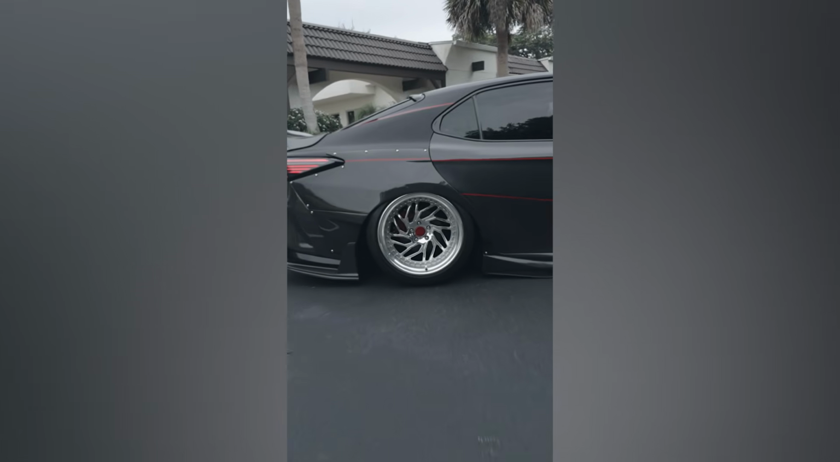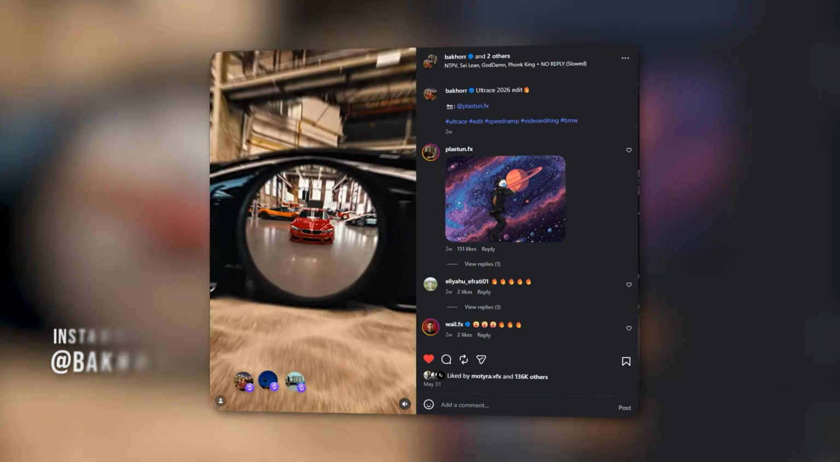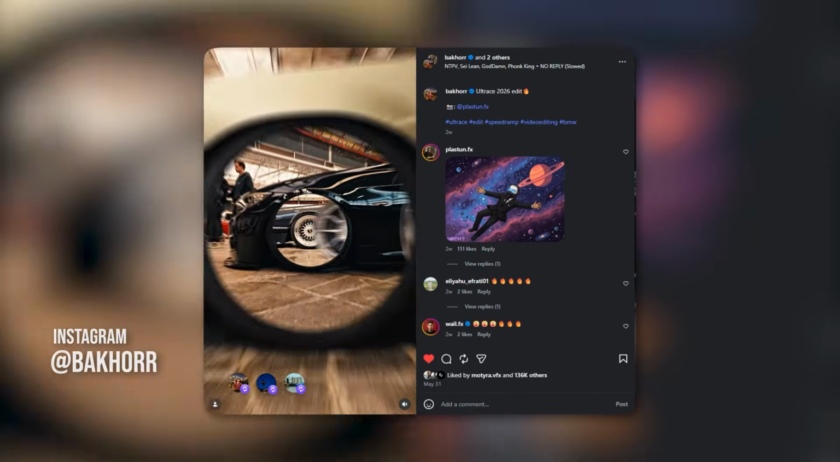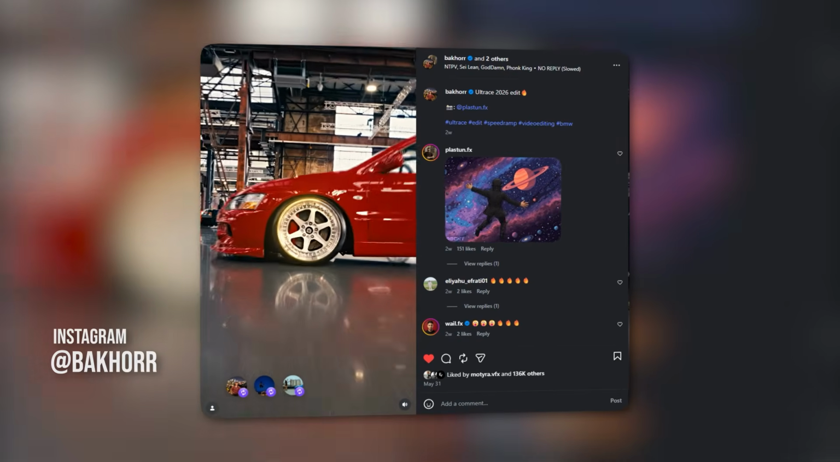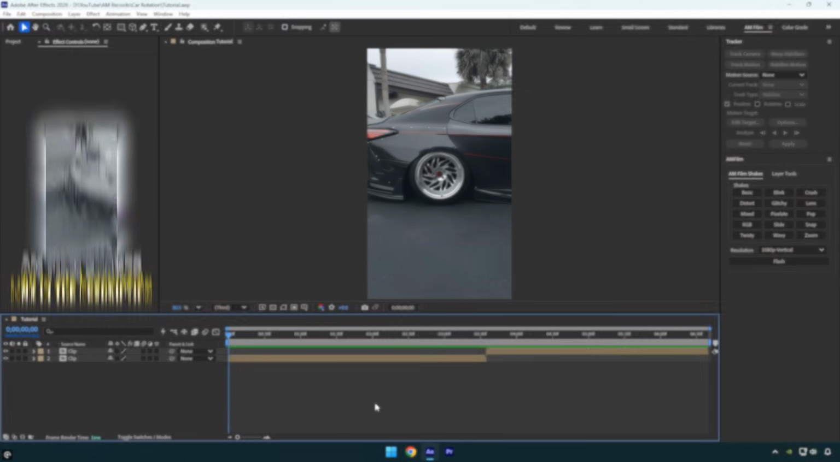In this tutorial I will show you how to create the trending camera tilt, or rotating effect. You may have seen editors using this effect, like this creator, and one of you sent me this video and asked how to recreate it. You can either create it while filming with your camera and a gimbal, or recreate it entirely in After Effects